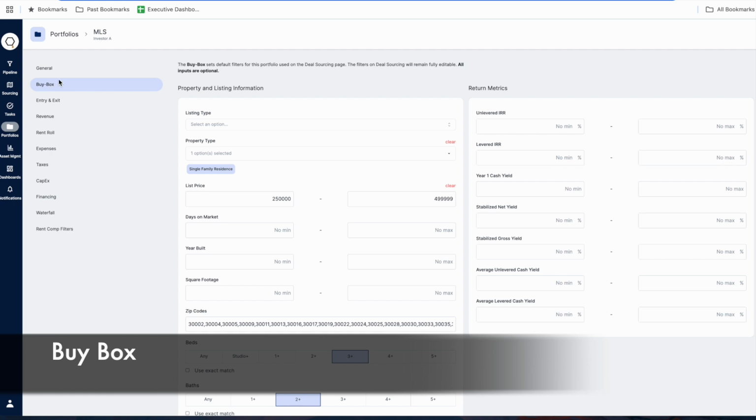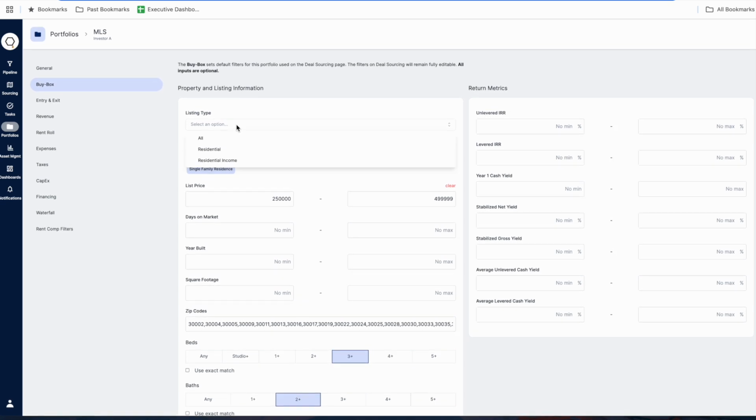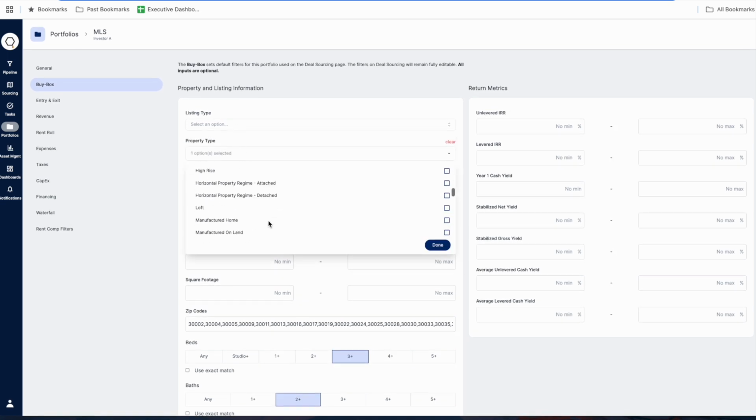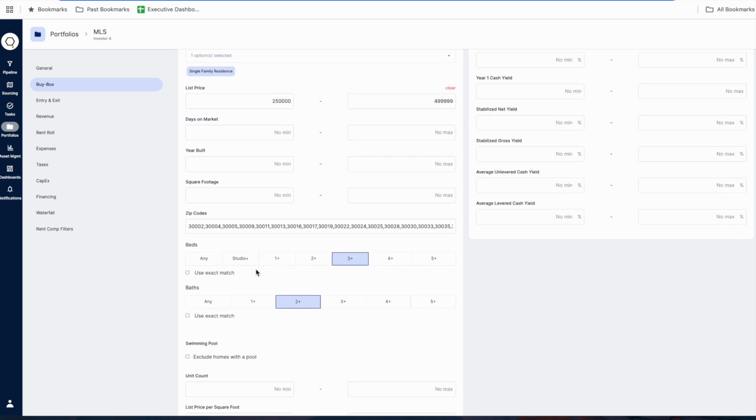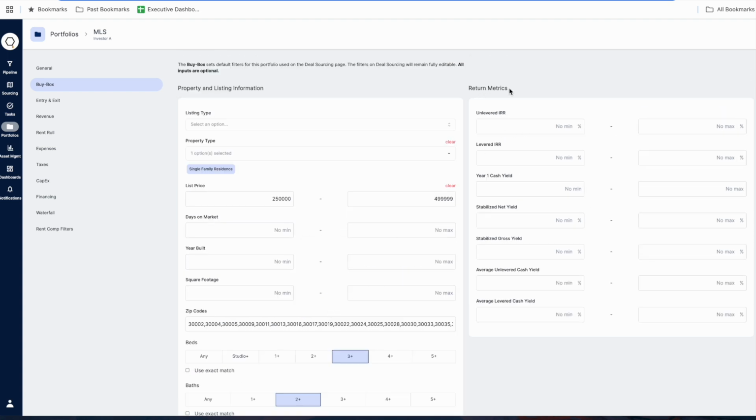Next is the buy box section, where you set default filters for property characteristics and return assumptions. These filters apply to the inventory in the sourcing channels and are the starting point for seeing the inventory that fits what you're looking for. You can filter on various criteria for property characteristics. On the right, you can set desired return ranges or minimums for all the return metrics generated by our dynamic